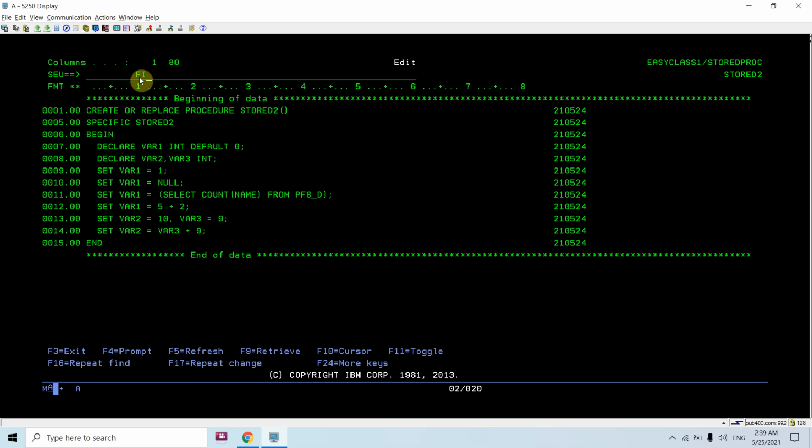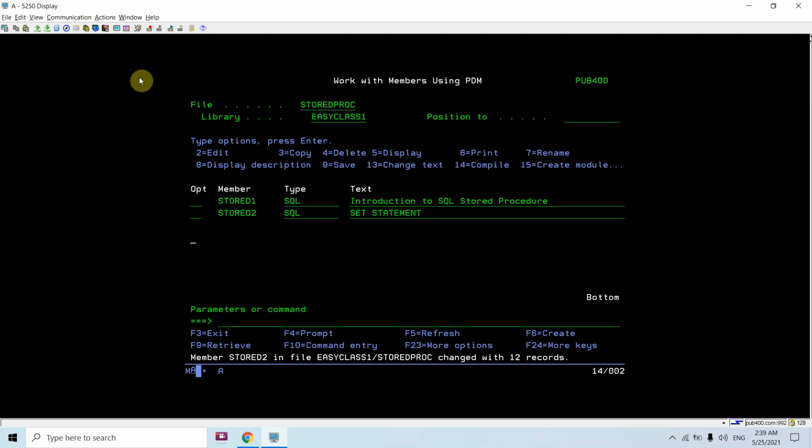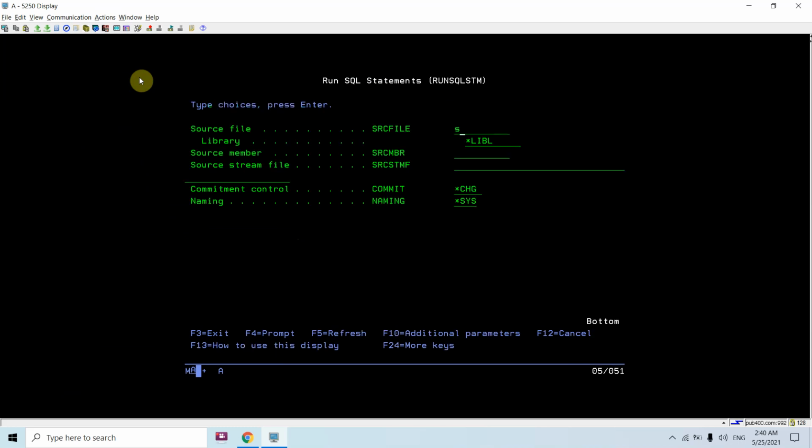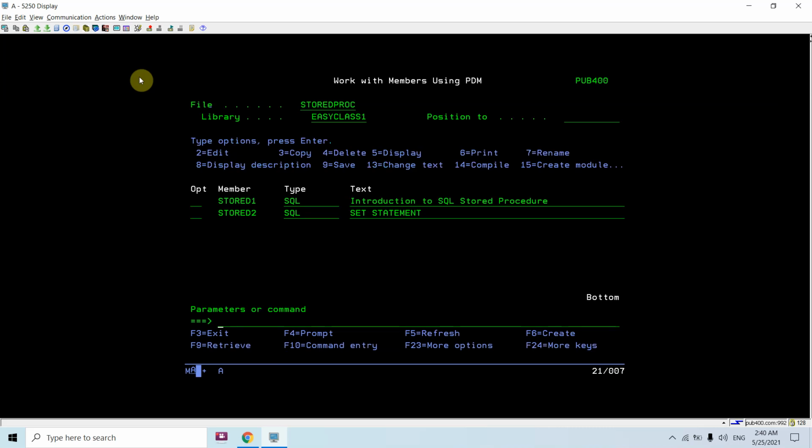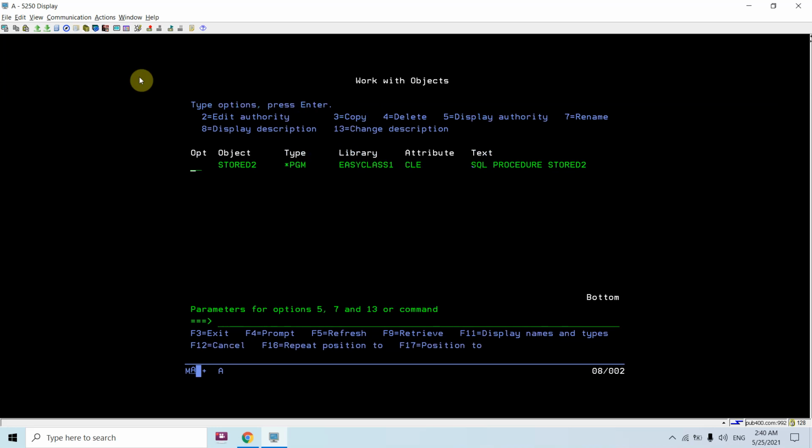Now let's compile this. Just take Run SQL Statements, stored proc. Here comes the library name, and stored2 is the source member name. So you can see stored2 gets created of type program and attribute CLE.